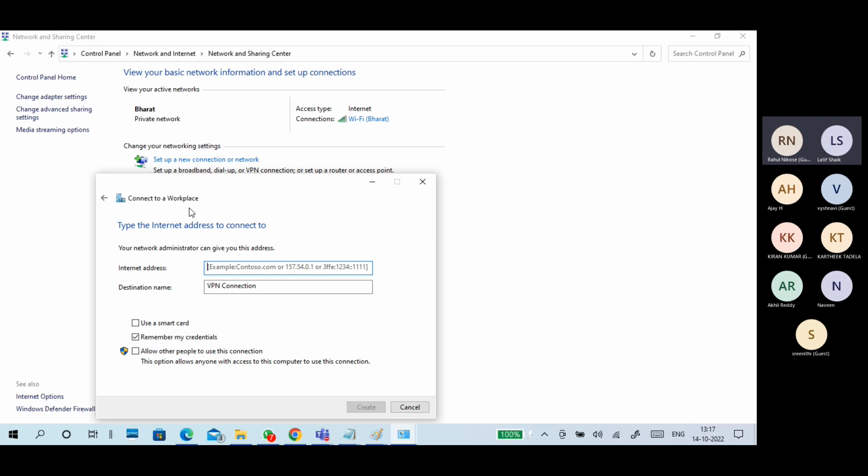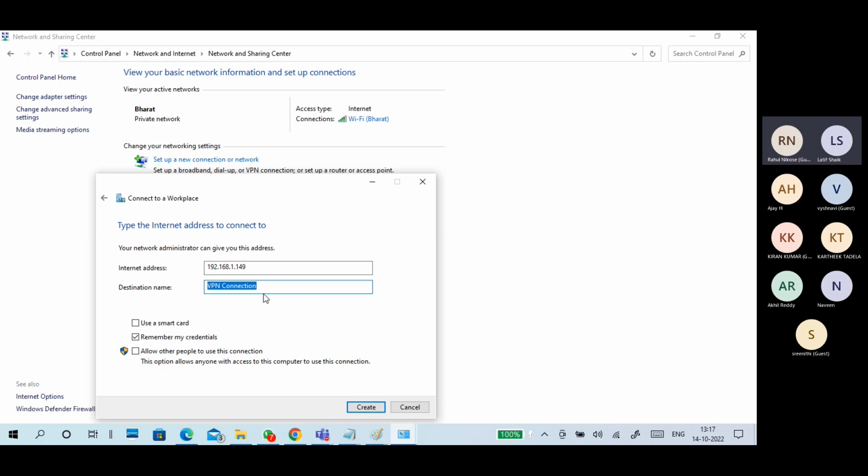Okay? Connect to workplace. So here, the VPN server IP address or domain name can be a name or an IP address. For example, my IP address is 192.168.1.149, just for example.